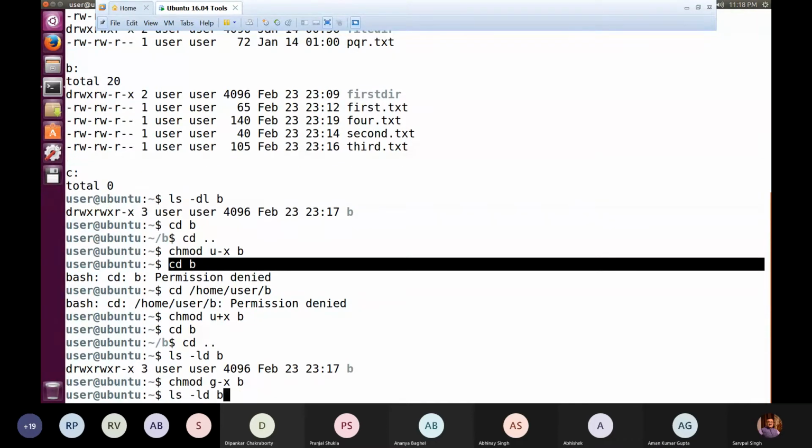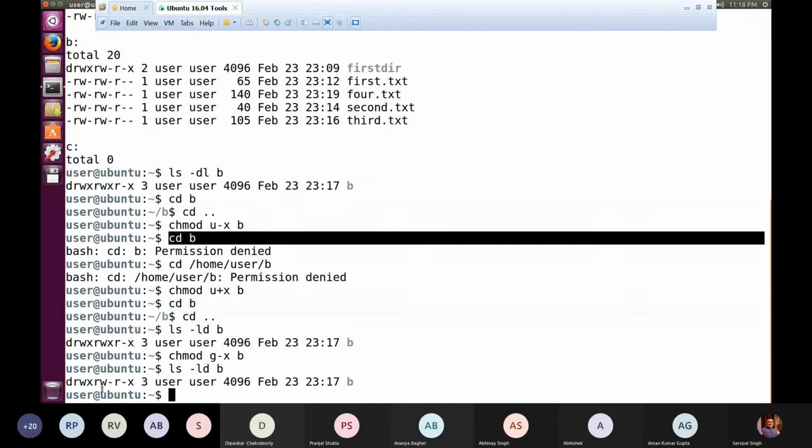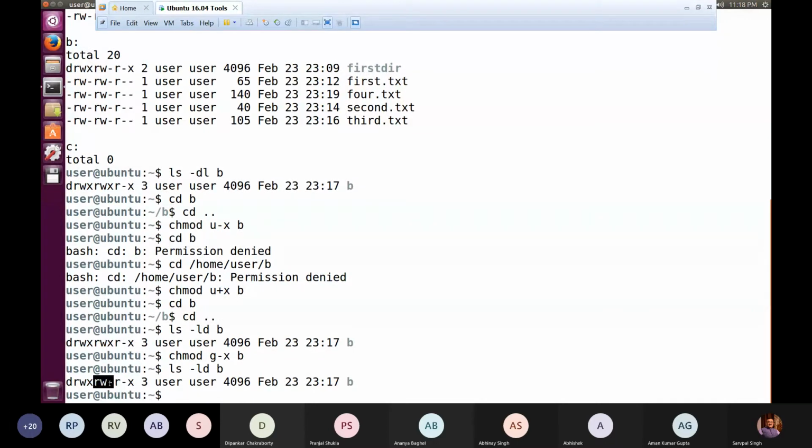So again, if you repeat the previous command, and now look at these 3 permissions which are applicable to group members, we have only rw, but the x, which was previously there in the previous entry, is now not visible here. Instead, we have a minus sign. That means now there is no more x permission.